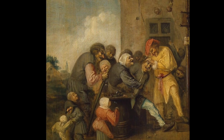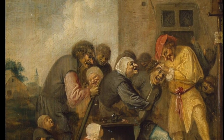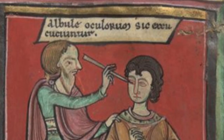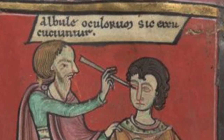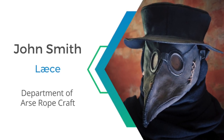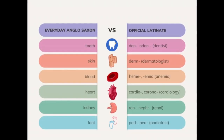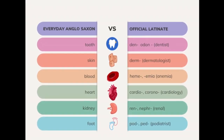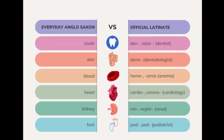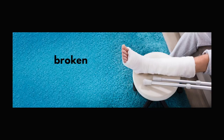The medical arts followed suit, developing an unwieldy admixture of both tongues that drew on Anglo-Saxon for the everyday and Latin for the study and treatment of disease. To the modern scholar, it's not surprising that medical language adopted the more formal approach. It's hard to imagine describing oneself as a leech, specializing in arse rope craft, after all. Although we still use this hybrid system today. We consult a dentist for a sore tooth, see a dermatologist for dry skin, and an orthopedic surgeon for a